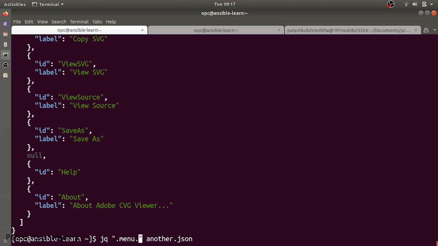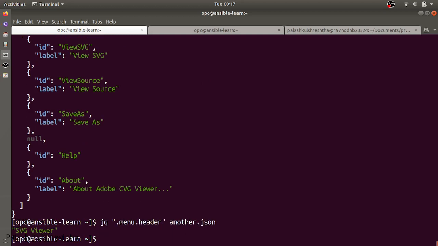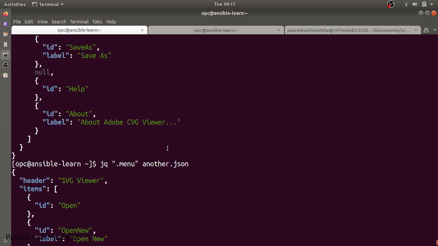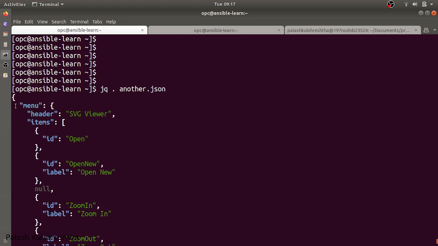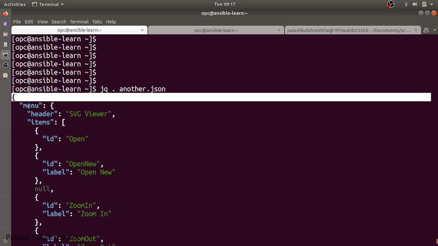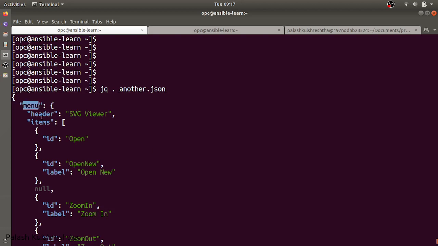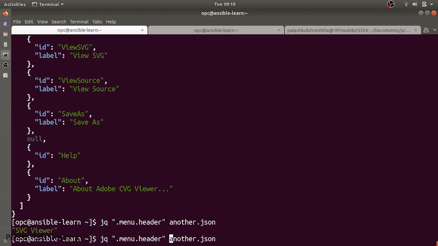Dot menu dot header. Let's see what it gives. It gives us the value for that. So here you can see at the root level there is a menu object. In that menu object there is a header key and its value is svg viewer.